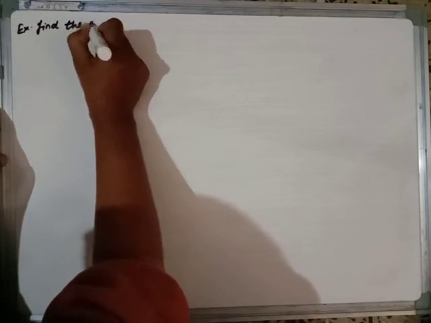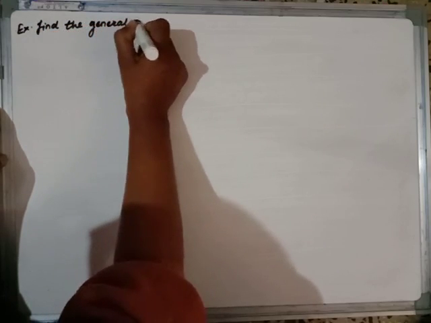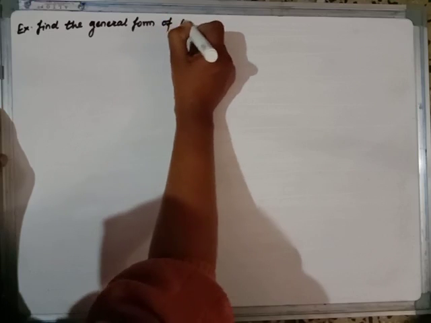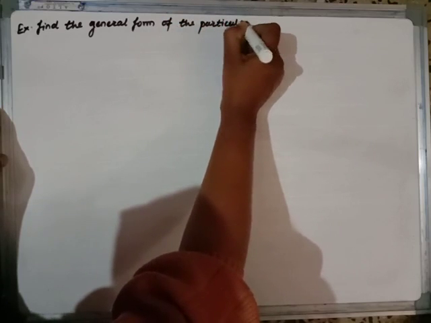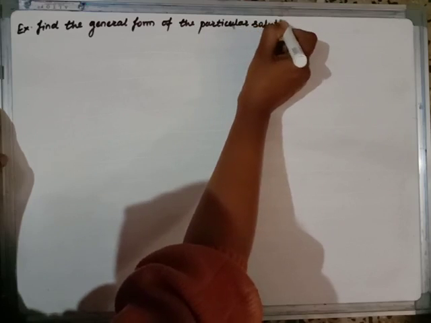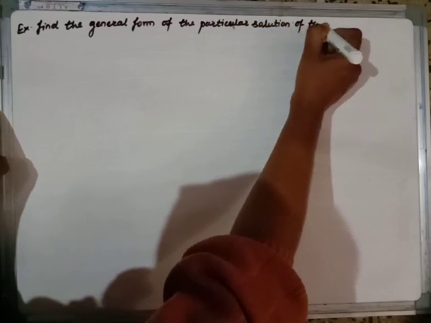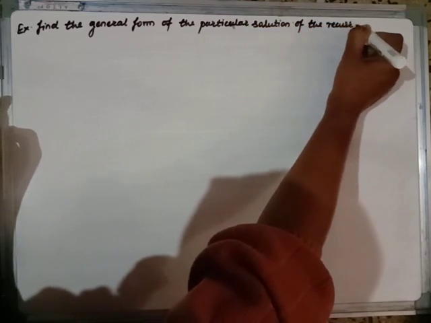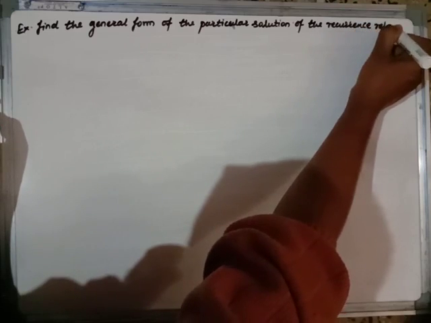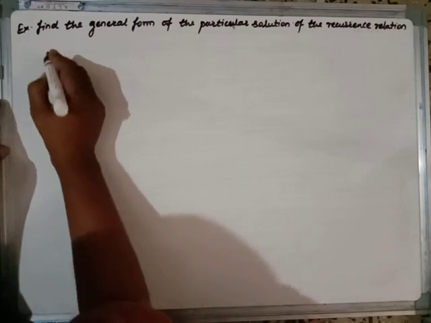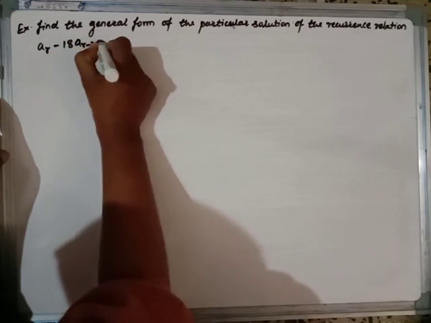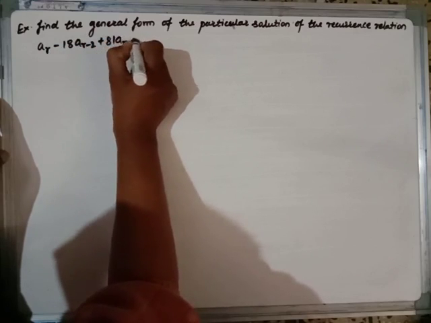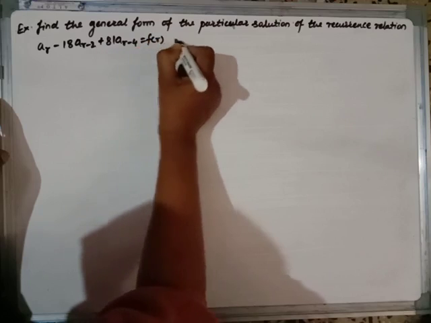Example: find the general form of the particular solution of the recurrence relation a_r minus 18 a_{r-2} plus 81 a_{r-4} equal to f of r, where f of r is equal to